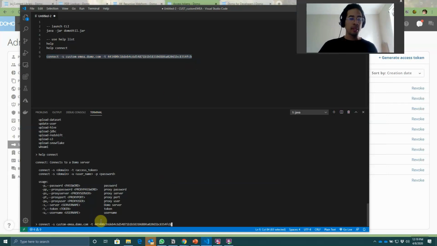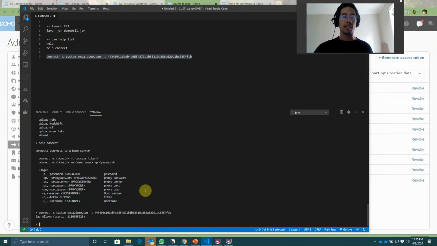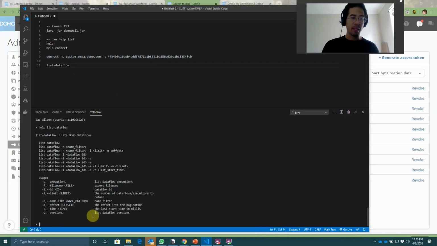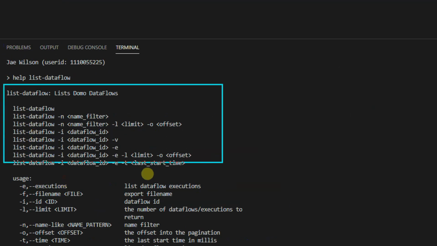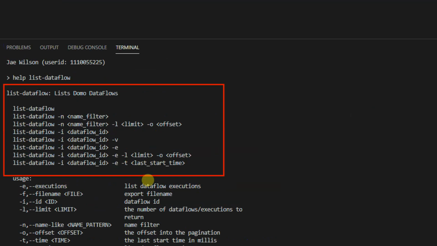All right. So in the Java CLI, I'm now going to connect to the server custom.emea.domo.com using Jay Wilson's access token, and now I am authenticated in the Java CLI as Jay Wilson. Great. Now, first thing I want to do is get information about my data flows, and I can use the command list data flow. Now, the thing to understand about the Java CLI is it is a very flexible thing, and each of these commands can do one or several different things. List data flow will make a list